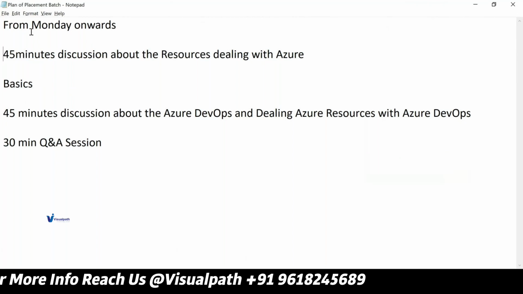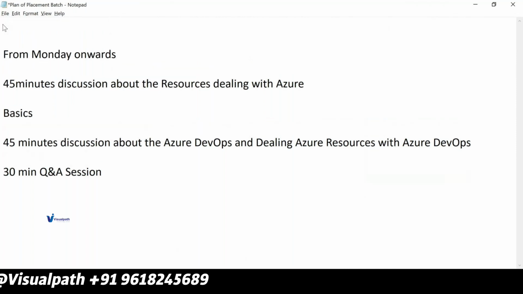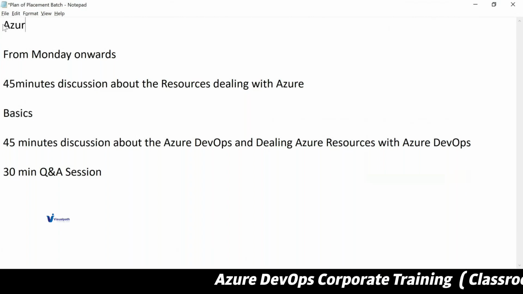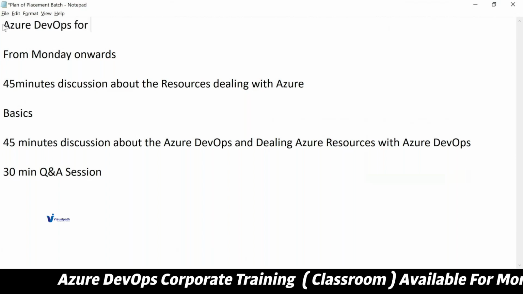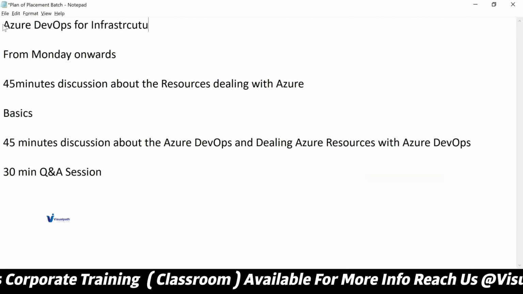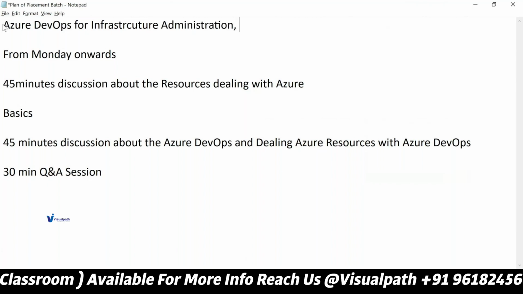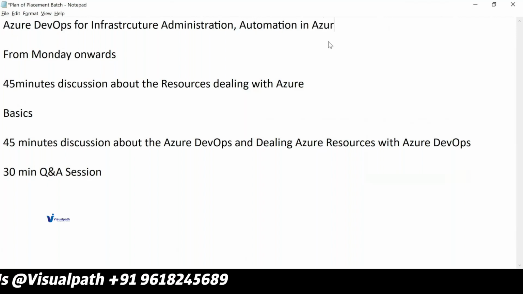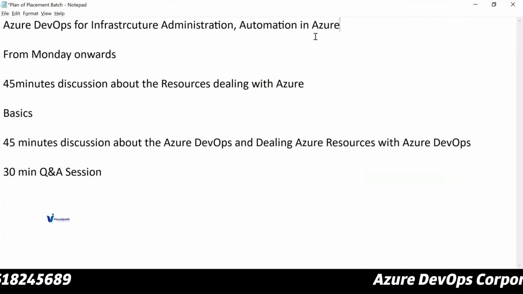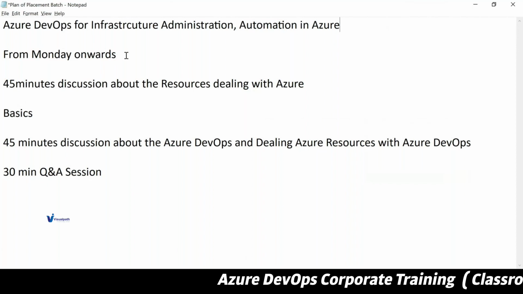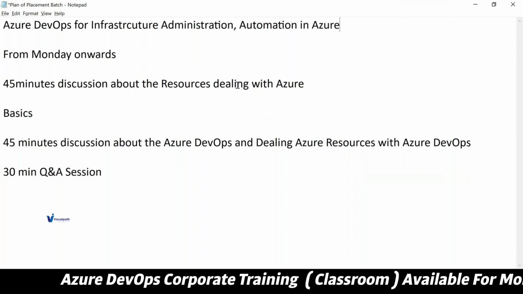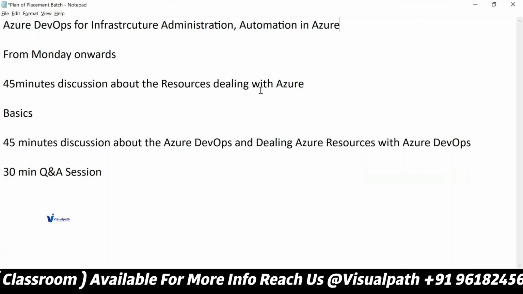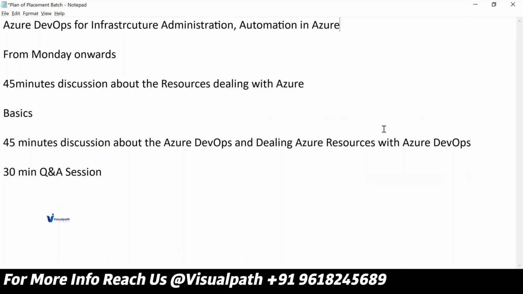What exactly this batch agenda is, we wanted to make you comfortable to be part of a project which is using Azure DevOps for infrastructure administration or automation. So for that, especially in Azure, that is the agenda for this batch. To be in line with every concept that we'll be using in real time, half of the time we'll deal with the Azure resources exploration, and half of the time with the resources exploration in Azure with the help of Azure DevOps. Okay,